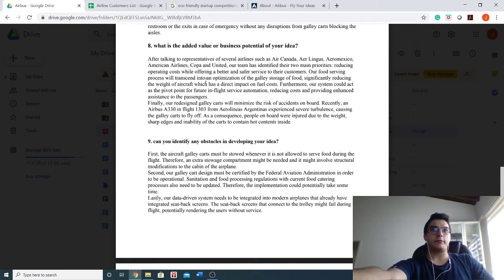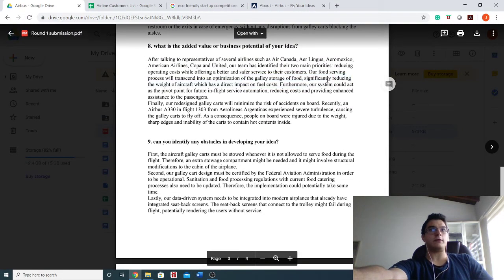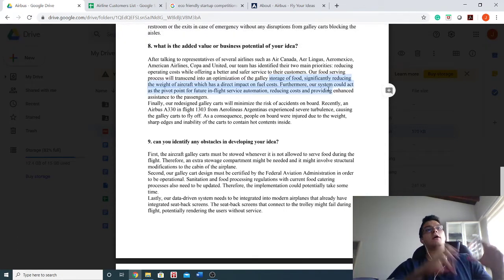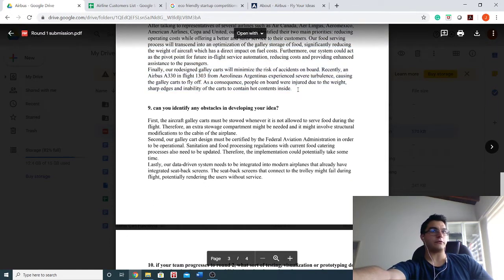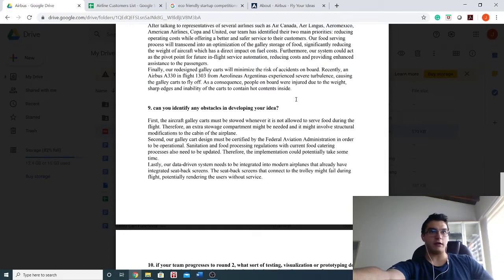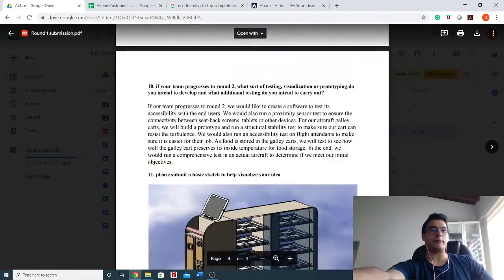So here we said our food process will transcend into an optimization of galley storage food, significantly reducing the weight of the aircraft, which has a direct impact on fuel costs. So we didn't think we could reduce the weight of the carts at first. I guess we were just struggling to define the weight as a strict problem. We thought that we could just optimize how food was packed and processed on planes to reduce fuel cost. We also talked about safety and how those carts can fly off and they can hurt passengers. Can you identify obstacles? Whatever. I'm not going to read through everything, but